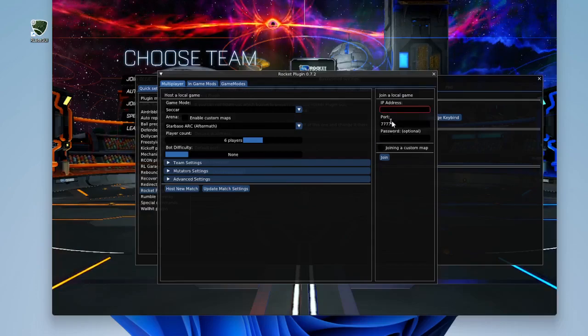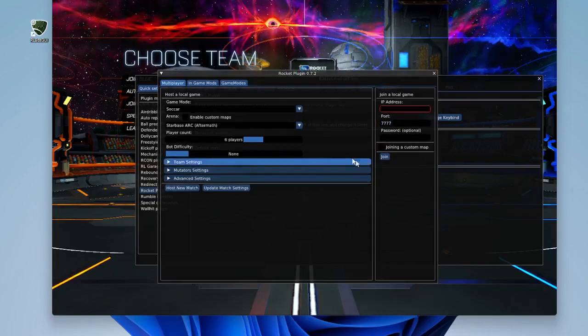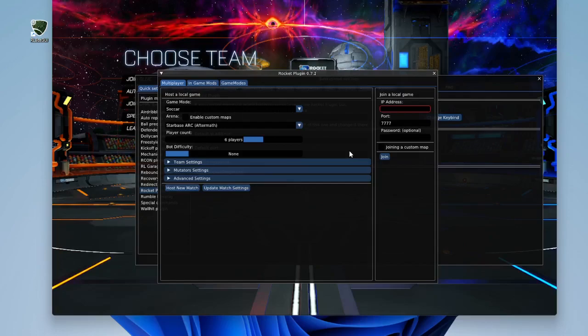And if you haven't changed your port, it should be all 7s. Then they just type in your password if you have a password, and press join. Then they should be joining your game.